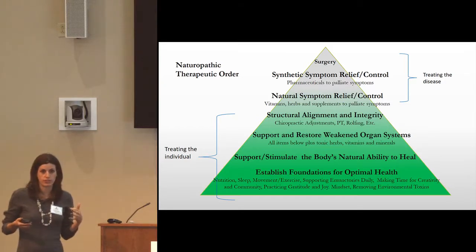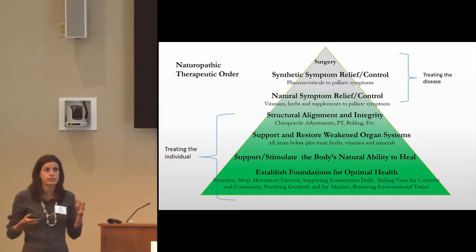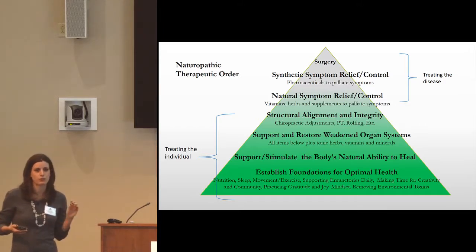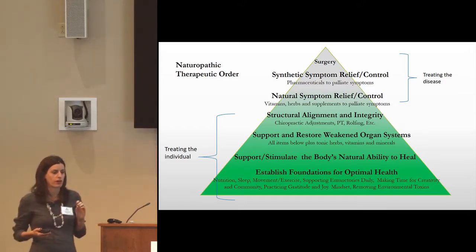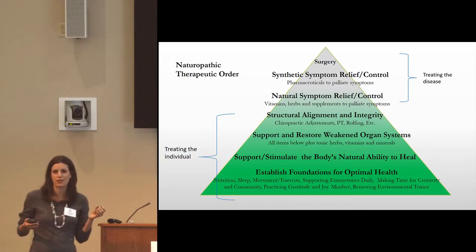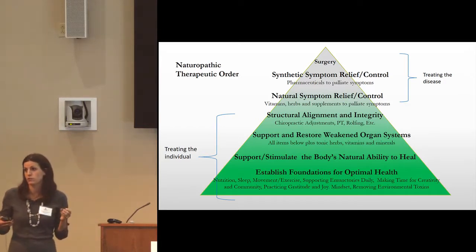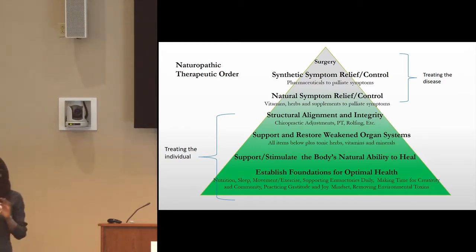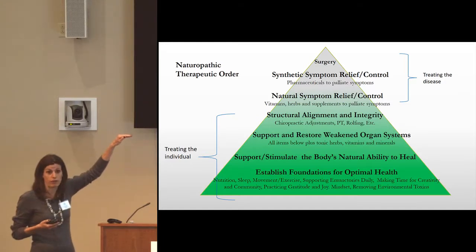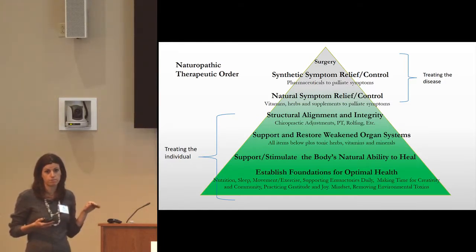So one way of approaching this would be to say, let's give you a suppository made of herbs and some cream for the fissures. Let's give you something called cramp bark for your cramps during your cycle. Let's give you some tea tree oil to try and get rid of the athlete's foot, because those are all considered natural therapies. If you sat down and Googled those symptoms, those would definitely come up. But that would really be treating that third level there, right? That would really be treating all the diseases and not actually the individual.